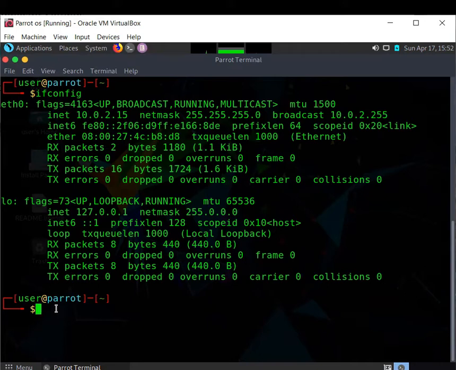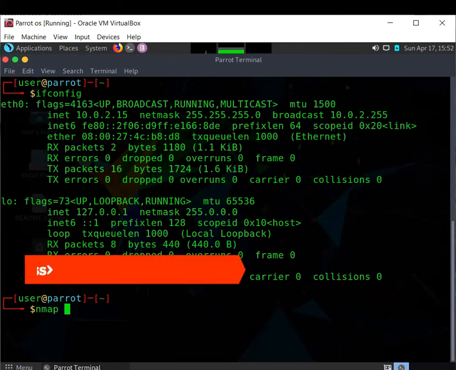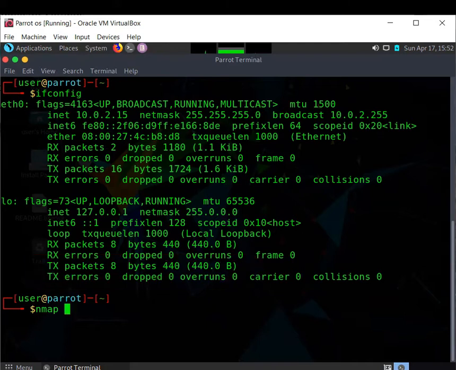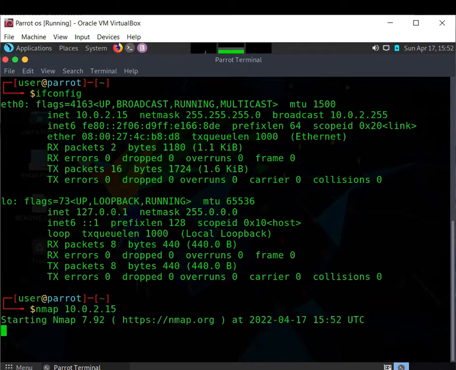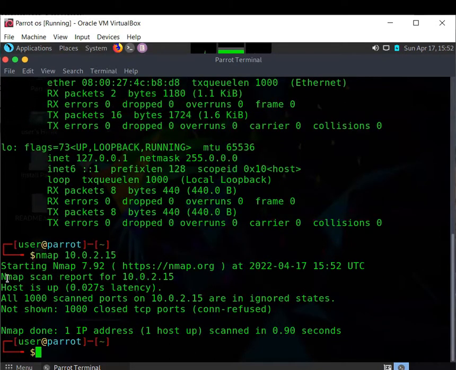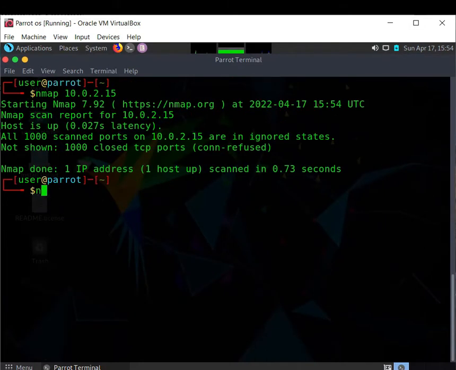So starting off, we'll type nmap and paste our IP address by using Shift plus Control plus V, and we'll press enter. Nmap will state that the host is up, or the IP address is being used and is not dead. If an IP is dead, then we cannot perform any functionalities or any attack onto that IP address. So moving ahead, the next command is nmap,